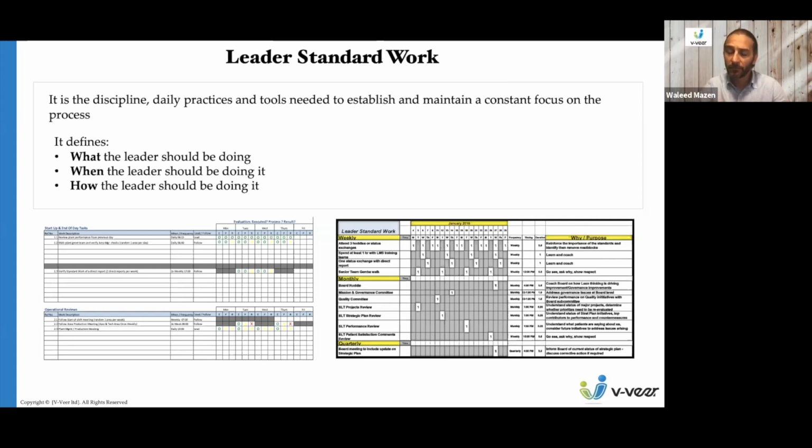No, this is very focused and clear: I'm going to go and check on a very specific element. It's not a general discussion, and I'm going to do it with a certain person. So I'm going to talk to the purchasing manager and follow up on, let's say, the orders that have been placed on a regular basis. These are very clear. When you're writing your standard work, it's a very clear action that you need to go and carry out.